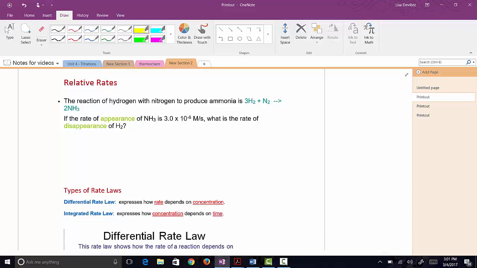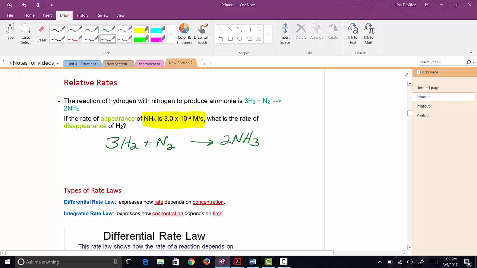In this example, we've gotten through data that the change in concentration of the ammonia over time is about 3 times 10 to the minus 6 molarity per second. And it wants to know, what is the rate of disappearance of the hydrogen? Let's look at, and I'm going to rewrite it down here, 3H2 plus N2 yields